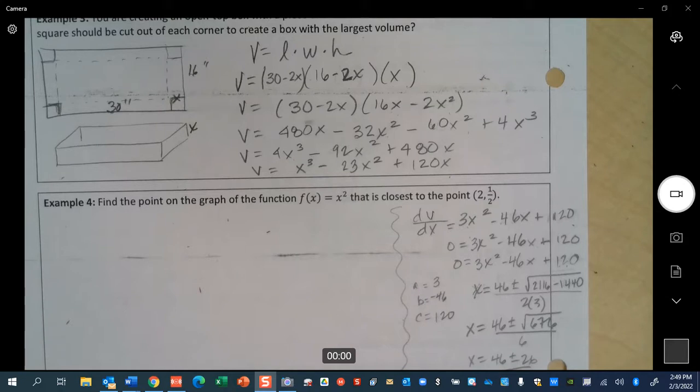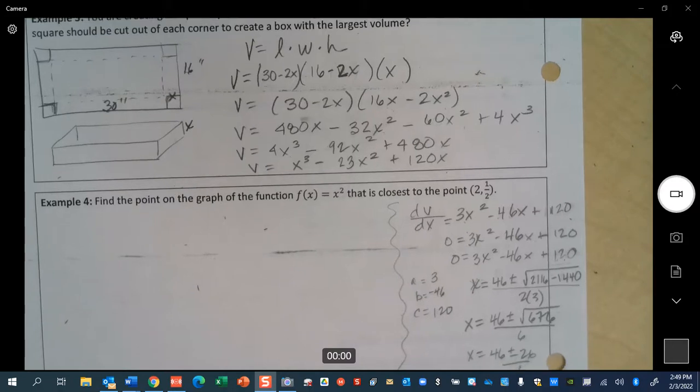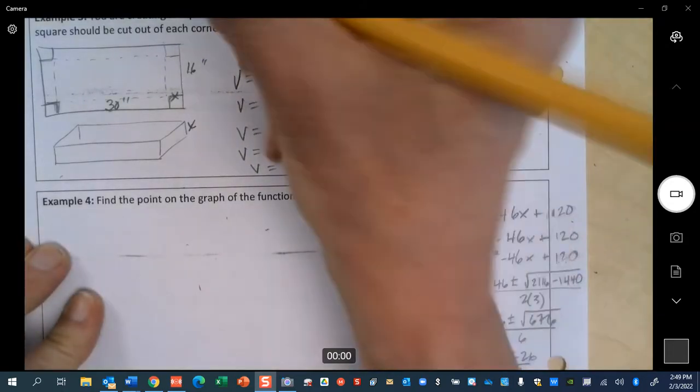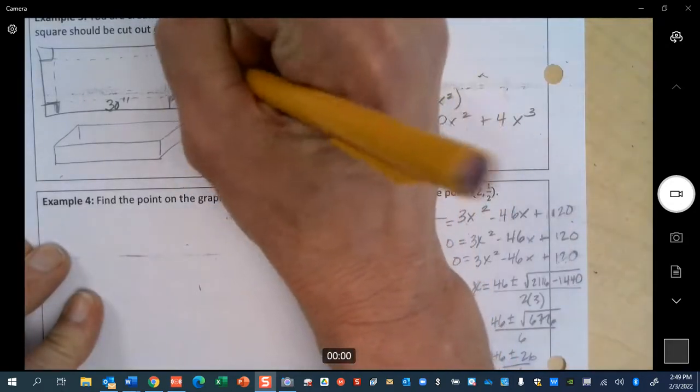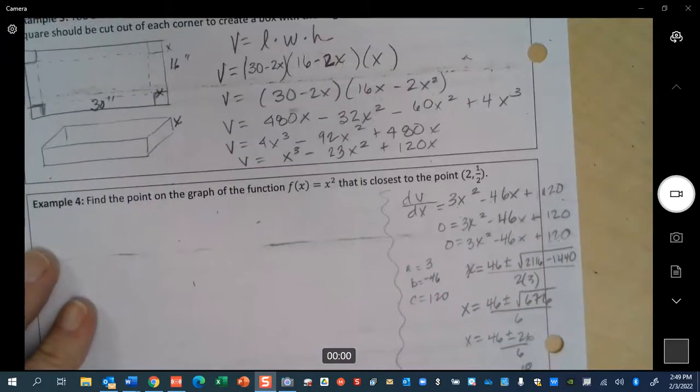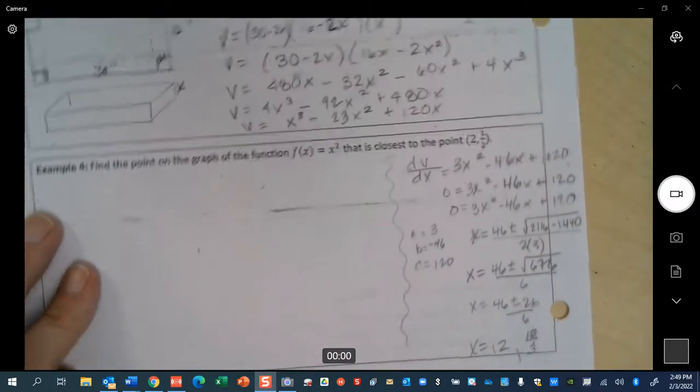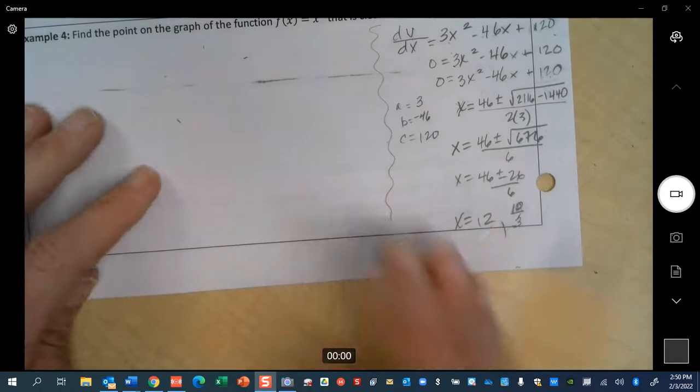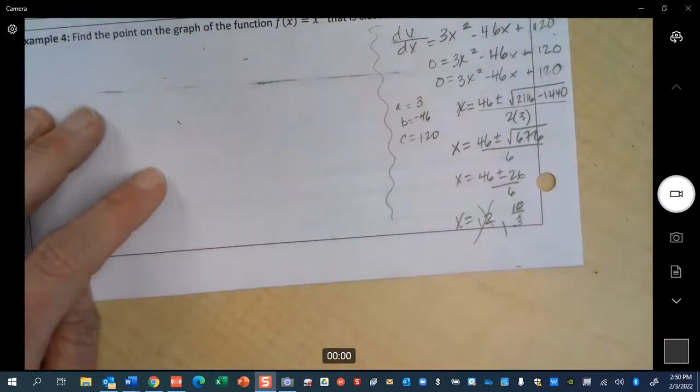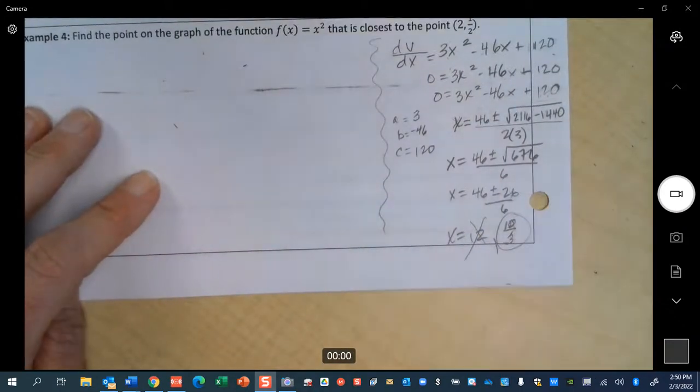It should sound ridiculous. Because if I only have 16 inches and I have to subtract 12 twice, I'm a little short. Right? Can I subtract 12 twice? Remember, here's an x and there's an x. Can I subtract 12 twice? No. So this is what we call an extraneous solution. So your answer here